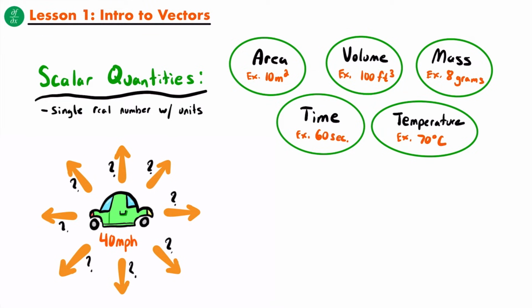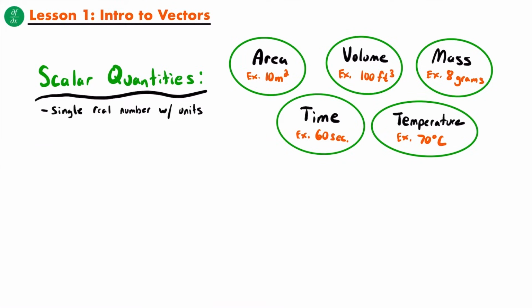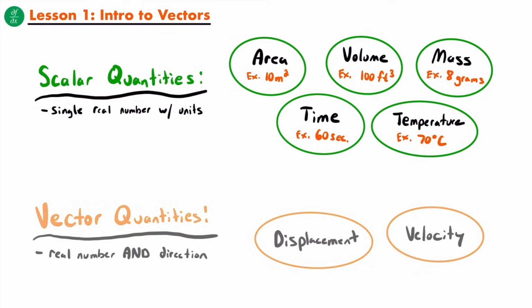And so to more accurately describe where you were traveling, you not only want to include that speed of 40 miles per hour, you also want to include a direction. And so this idea of a quantity needing both a value, which we're going to call magnitude, more on that later, but the idea of a quantity needing both a magnitude and a direction leads to the concept of vectors and vector quantities. And so unlike scalar quantities, vector quantities are non-scalar quantities and require both a real number and